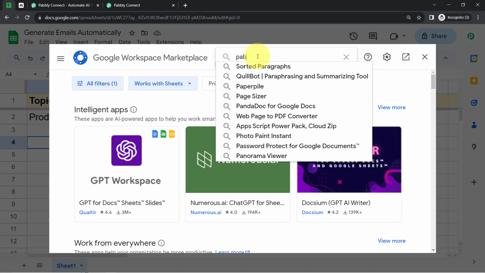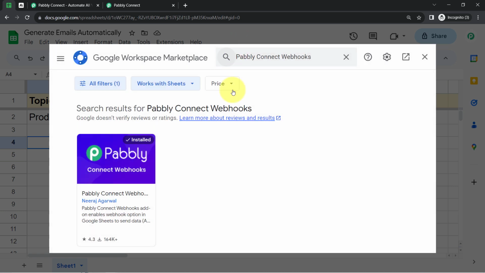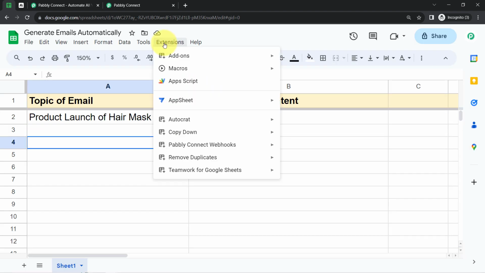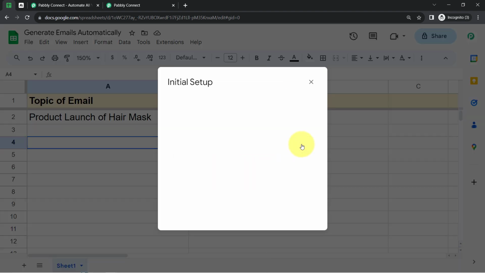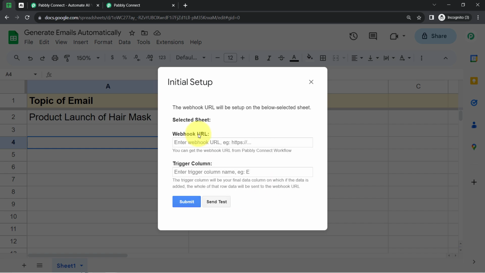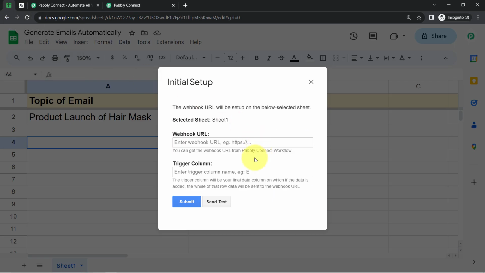Alright, so searching for the same, that is Pabbly Connect webhooks add-on, and you will see that the same add-on is already installed in my account. But if you are building this connection for the first time, you will have to firstly install this add-on, because once you install it, you can find the same extension here with the same name, that is Pabbly Connect webhooks. Okay, so clicking on this initial setup button, and then it will ask you the very same webhook URL which you have just received via Pabbly Connect. So I have already copied the same, let me paste the same here,